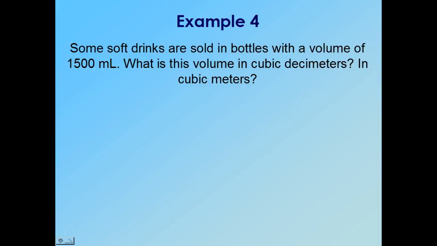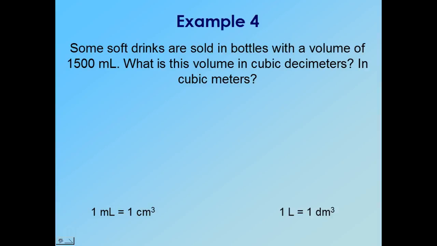So this time we are told that soft drinks can be sold with volumes of 1,500 milliliters. And I want to know what this volume would be in cubic decimeters as well as cubic meters. Well, I'm not going to ask you to switch units without giving you some sort of relationship between them, and you cannot get this relationship from your chart. It happens that 1 milliliter is the equivalent of a centimeter cubed, and that 1 liter is the equivalent of